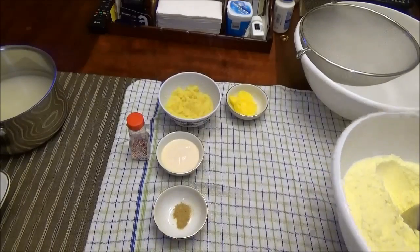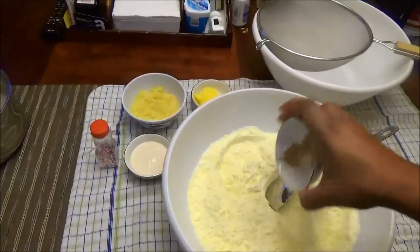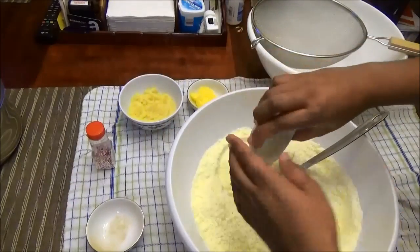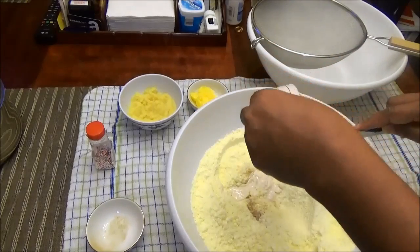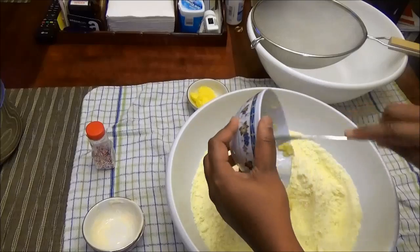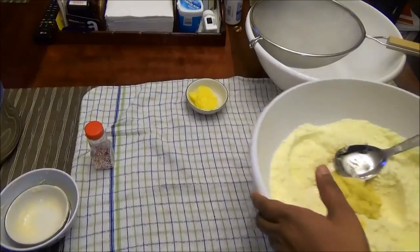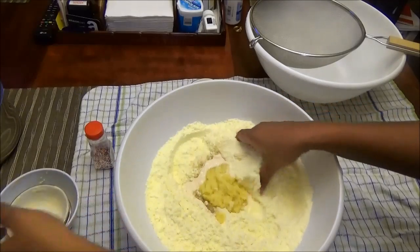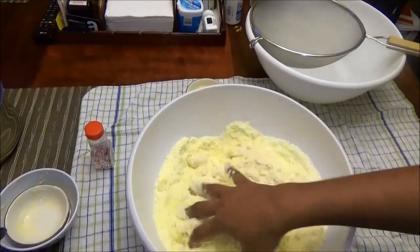Next thing is you're going to add all your ingredients to your milk. So, elychee, your Nestle cream, your ginger, okay, that's it. And you're going to mix this until everything has incorporated throughout the milk, and keep mixing it